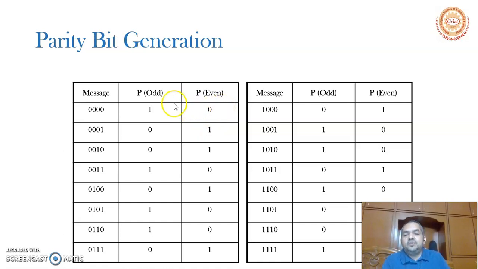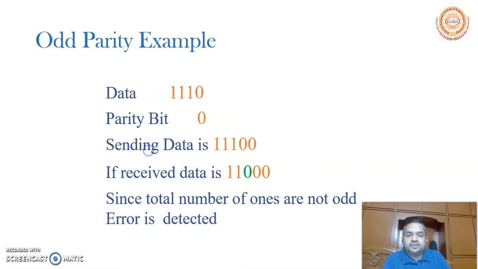Simple rule. Either I go for the odd parity method or the even parity method only. Any device, both sender and destination, follows the same one; the best example is a walkie-talkie. At the sender as well as the destination, I will follow only one rule. Assume I follow the odd parity method. Let us see an odd parity example. My actual data is 1110. Now the parity bit is 0, because in the odd parity method, including the parity bit, the total number of 1s should be odd. Now I am sending the data 11100.